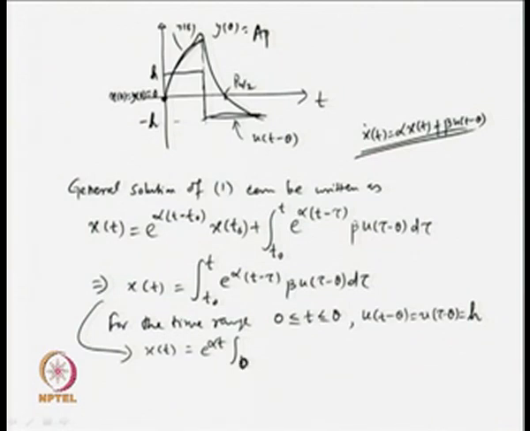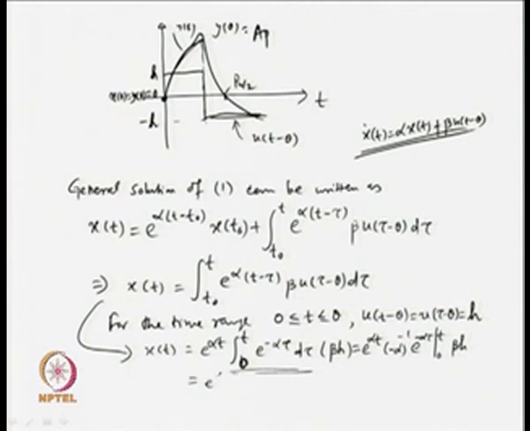Therefore, this will be 0 to t, then e to the power minus alpha tau d tau times beta h. This integral can further be simplified giving the expression x t as e to the power alpha t. I will take minus alpha inverse, then e to the power minus alpha tau with the limits 0 to t with beta h, which becomes